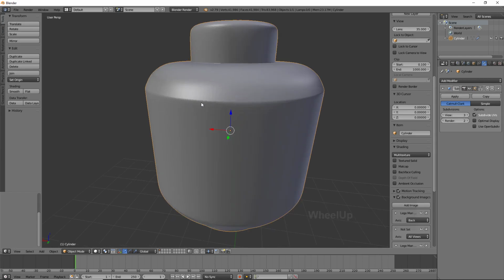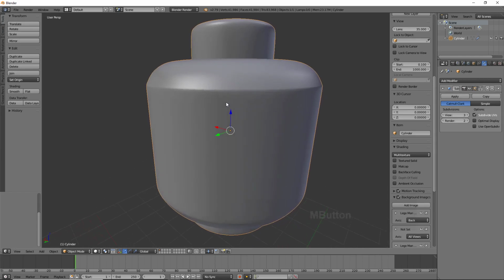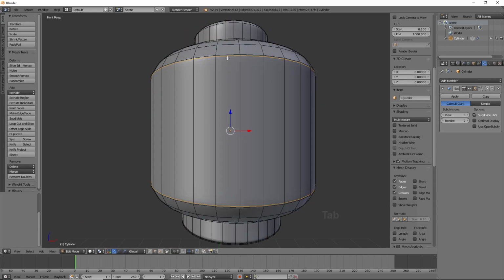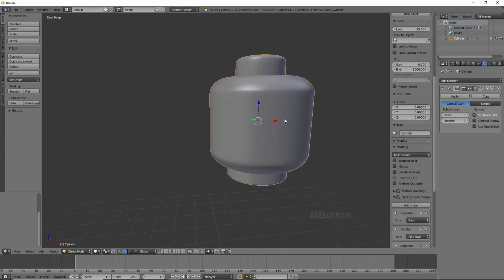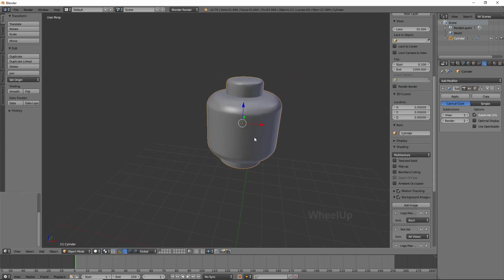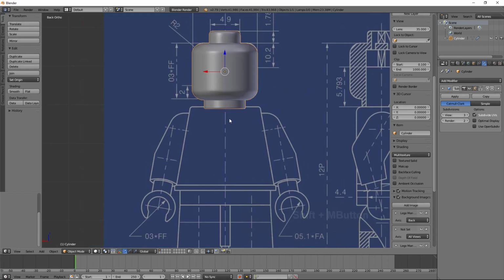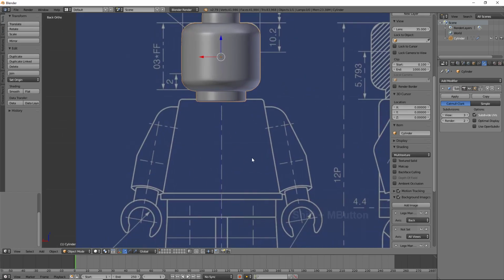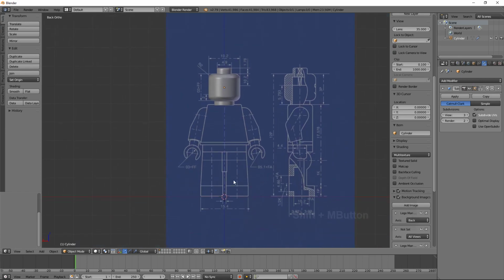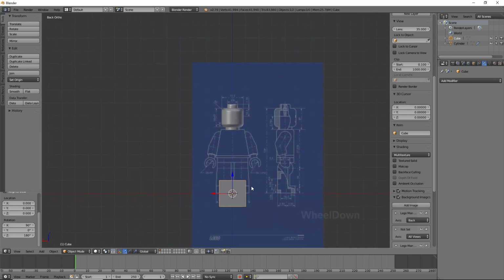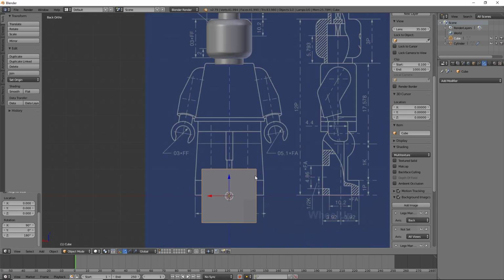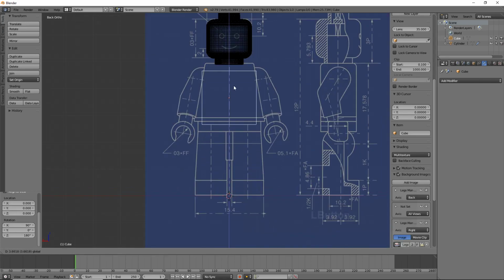These edges here look a little bit sharp, so what we can do is just pull them down a little bit, because it's not quite that sharp, and that looks about right. Now next we're going to create the torso here, and this will be as simple as deselecting the head and Shift A to create a box or a cube. Going to wireframe mode is always helpful,